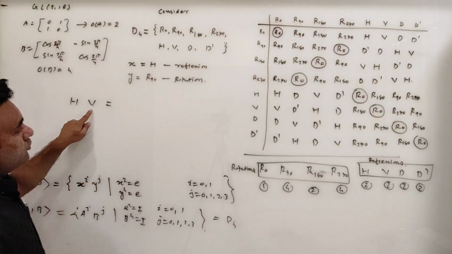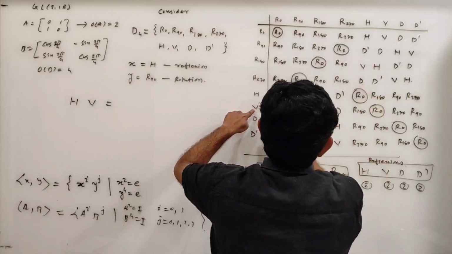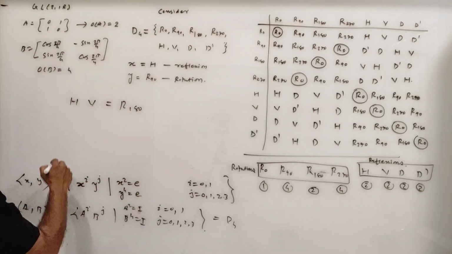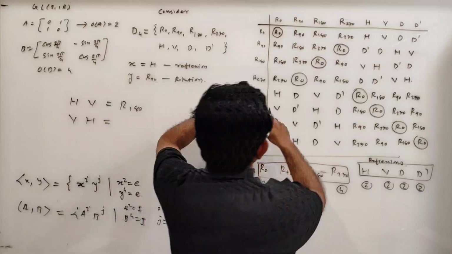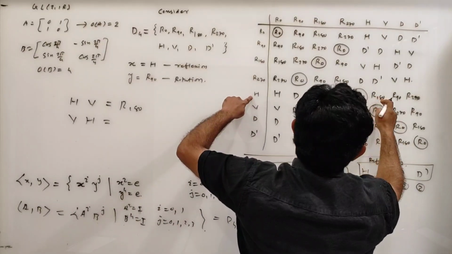HV will be what? You start with V and then H. So what you get? It is R180. And VH: you start with H and then you look at the V column. H and V,